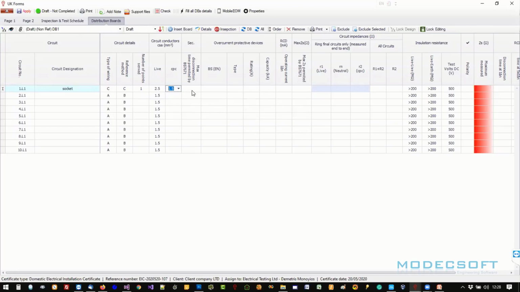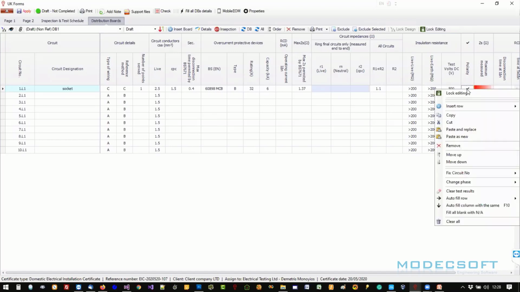Okay, so that should be 0.4, I guess. So we have some things here which might help, like the maximums. There's stuff which might be automatically picked up through the settings you apply here. And of course, you see how you fill test results. It's quite straightforward. You can tap, you can get the value applied here. You can type your own value if you want. And you can right click as well and get